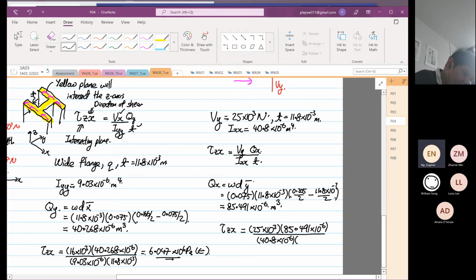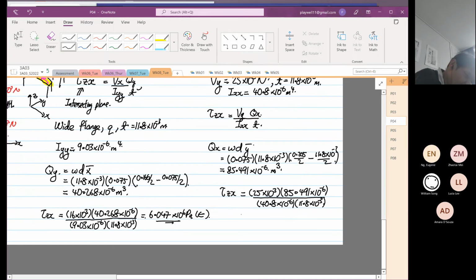And then we're going to have our t, which is 11.8. Okay, so this will be equal to 25 times 10 to the power 3 times 85.491 times 10 to the power minus 6, divided by 40.8 times 10 to the power minus 6, divided by 11.8 times 10 to the power minus 3, is equal to 4.439